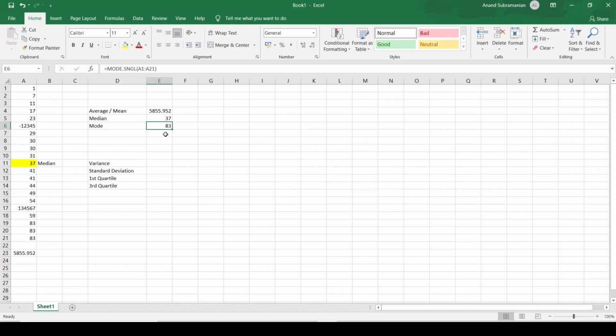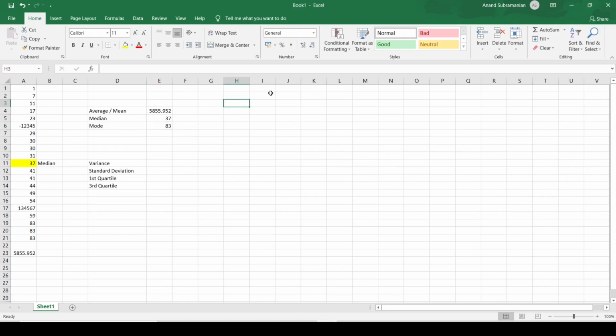When is mode normally used? Mode is mostly used for categorical data. For example, if you have a data set of the employees in a company, employee A is in the finance department, employee B is in marketing, employee C is in IT, employee D is in finance. So we have the entire list of employees and their departments. Whichever department has the most employees would be projected as the mode.